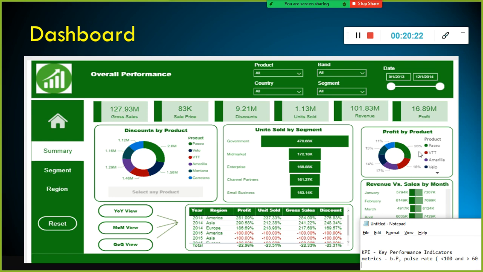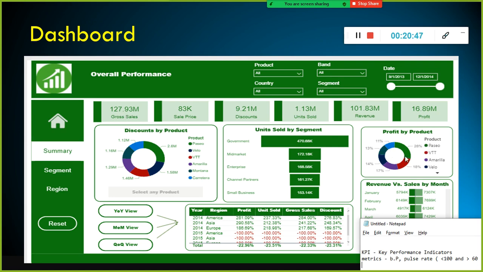The pie for Paseo is very big, which means the profit contribution by Paseo is very high compared to other products. What is the next product which contributes more profit? VTT. Now I am going to compare this one with this one.